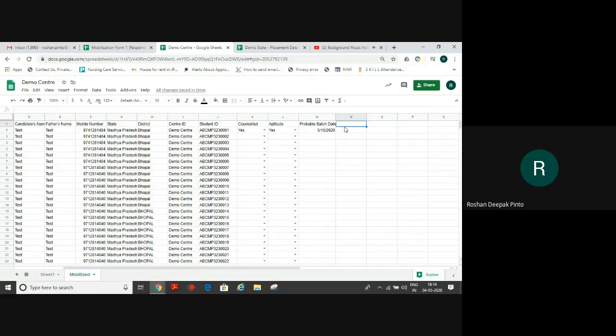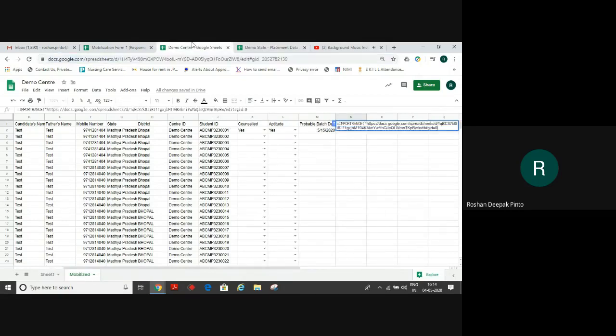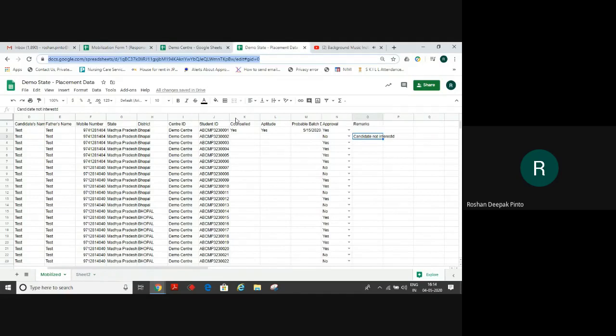After the date, probable batch start date, I will put an is equal to and similar import range. Now here I will import range from the placement team, the answers that they have given. So I will copy it here, close the inverted commas, comma, inverted comma open, and I've taken the data here from mobilized sheet.